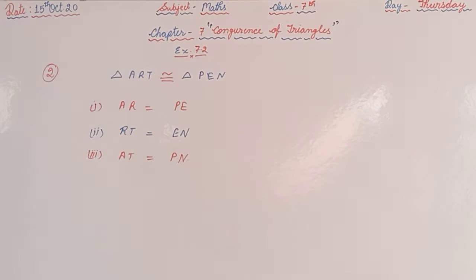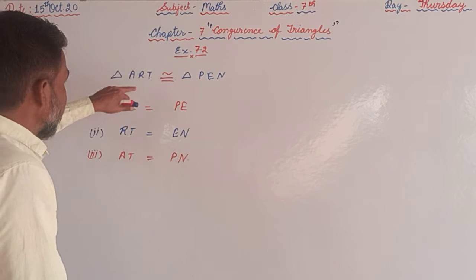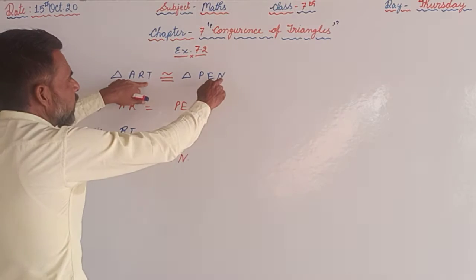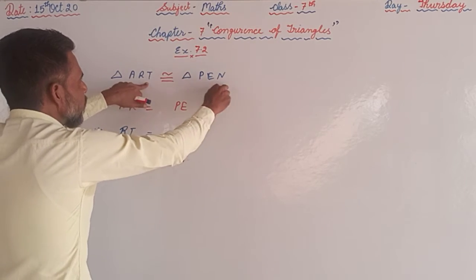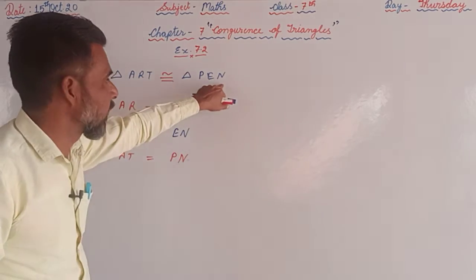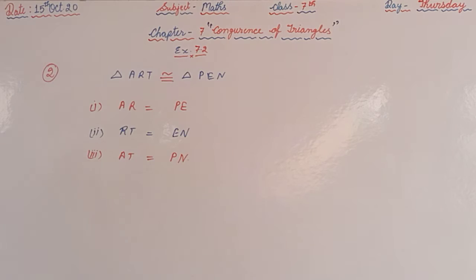So like this you are supposed to proceed. If angle is there, the same thing you can do. If the question is like that, angle T will be equal to angle N, T is last, so that will be equal to the last angle, that is N. So after that the B part and C part you are supposed to try by yourself. Afterwards we will move towards question number 3.